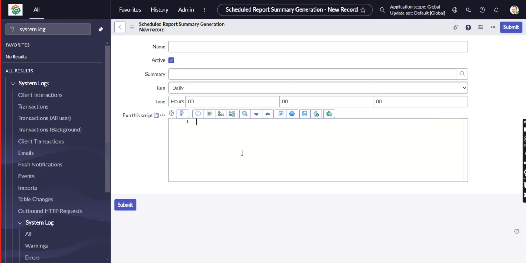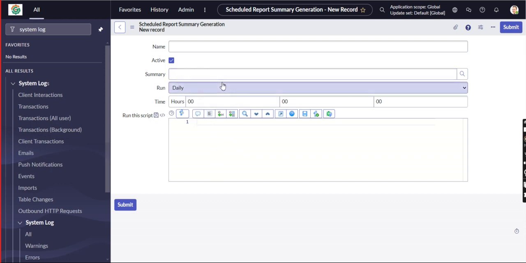Let us use the queries, add queries, and sort out those records, and with the help of those records generate the particular table, that means the particular report. Those details will be mentioned in our script.